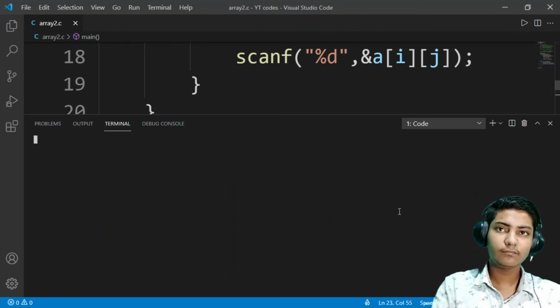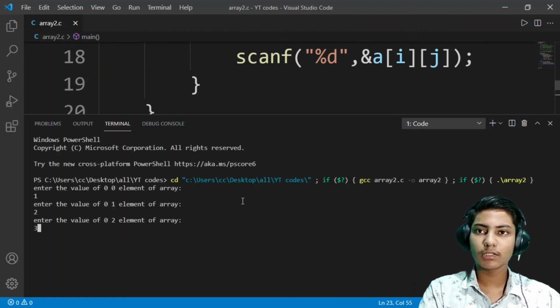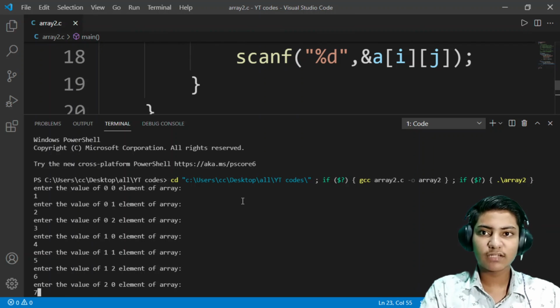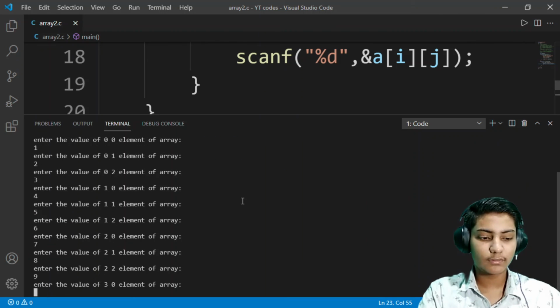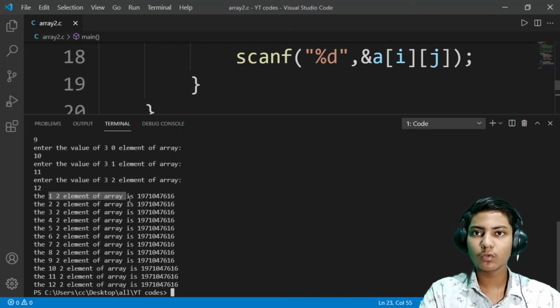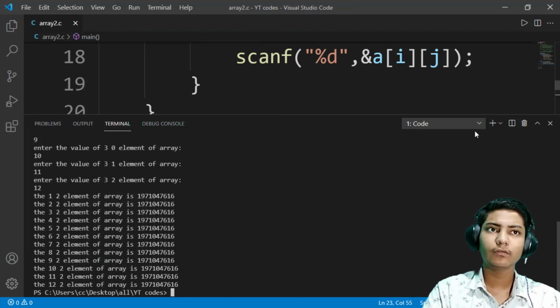Run this again. This time let it be 1, 2, 3, then 4 5 6, 7 8 9, then 10 11 12. As you can see, it is putting some garbage value here.